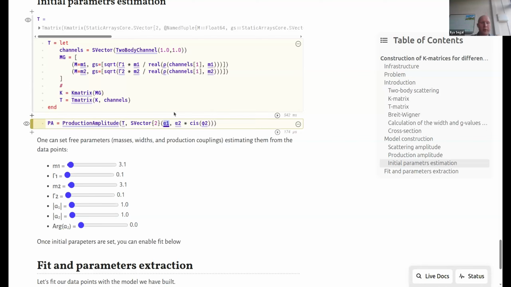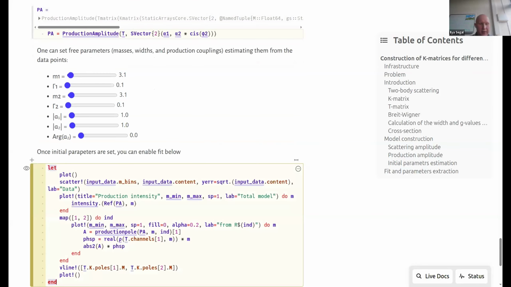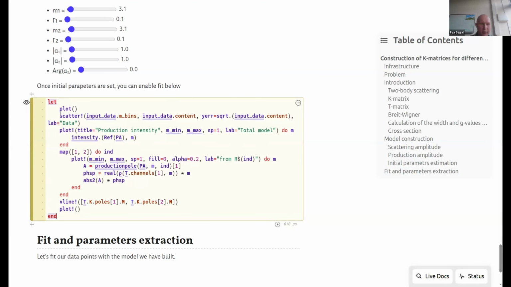So in our example, first production coupling will be real, alpha 1. And for the second production coupling, we'll have also the phase phi 2, which we will define with this slider. So all parameters we'll define in a few minutes. And in order to define these parameters, let me skip typing of this plotting. So I will just copy it and paste for us to faster see all the nice